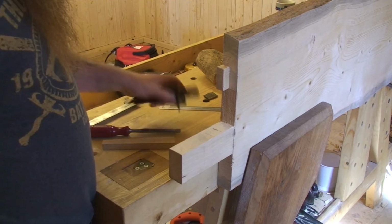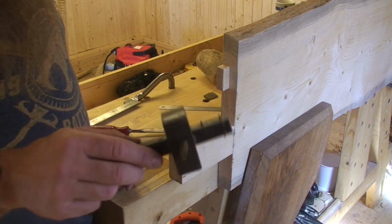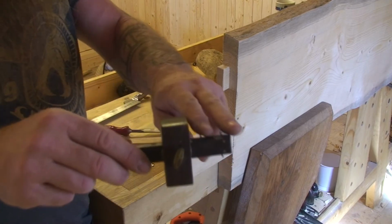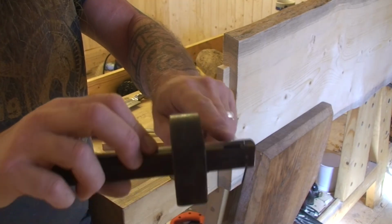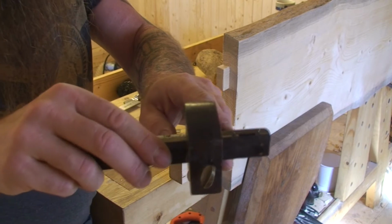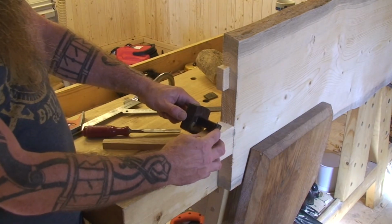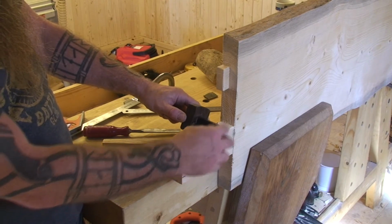To make it even more fun, I have one of these mortise gauges. There's 2 points here, as you can see. You can also use this side with 1 point. If you want to lay out mortises and tenons quickly, you can use this. Put the points of the gauge on those markings,